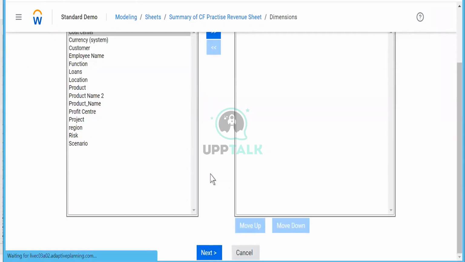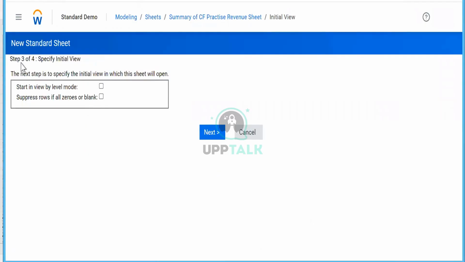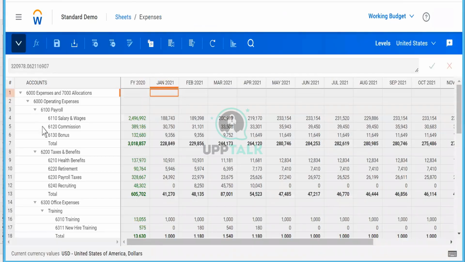It is not mandatory. Step 3 is to specify the initial view. If you notice this expense sheet, this is view by account level. You can see the data by accounts. Your levels are here.